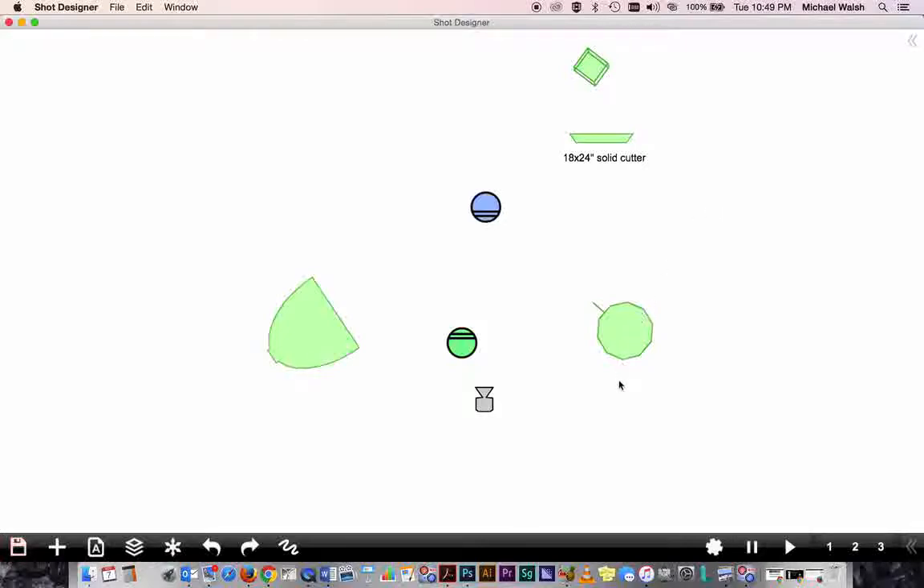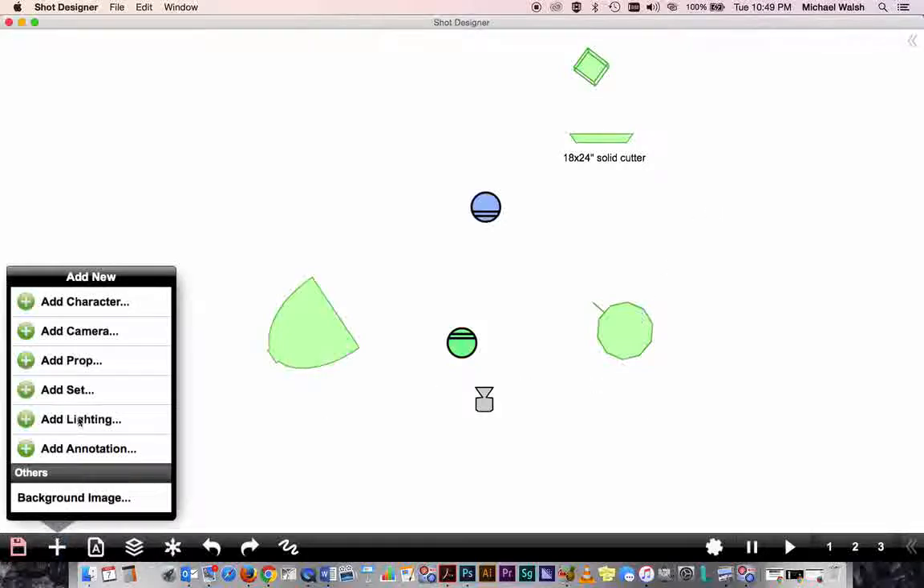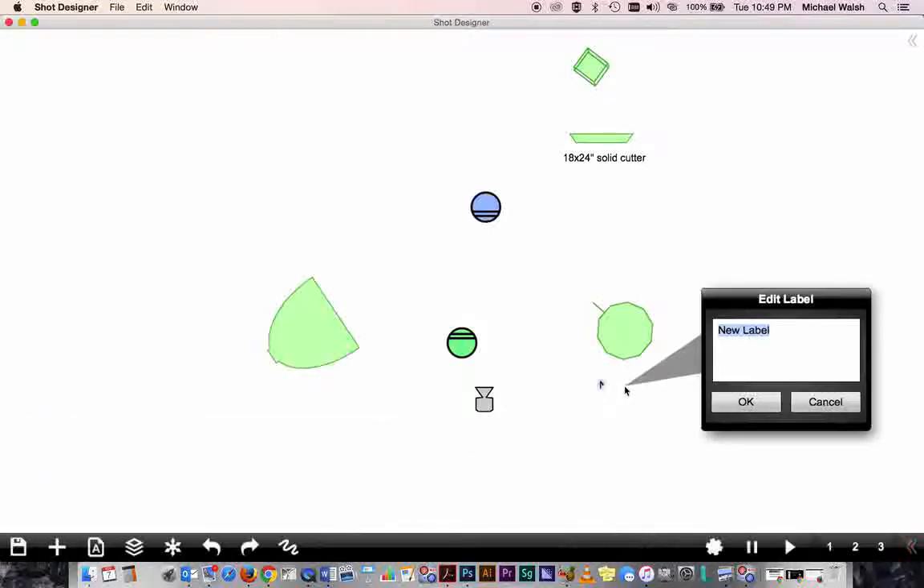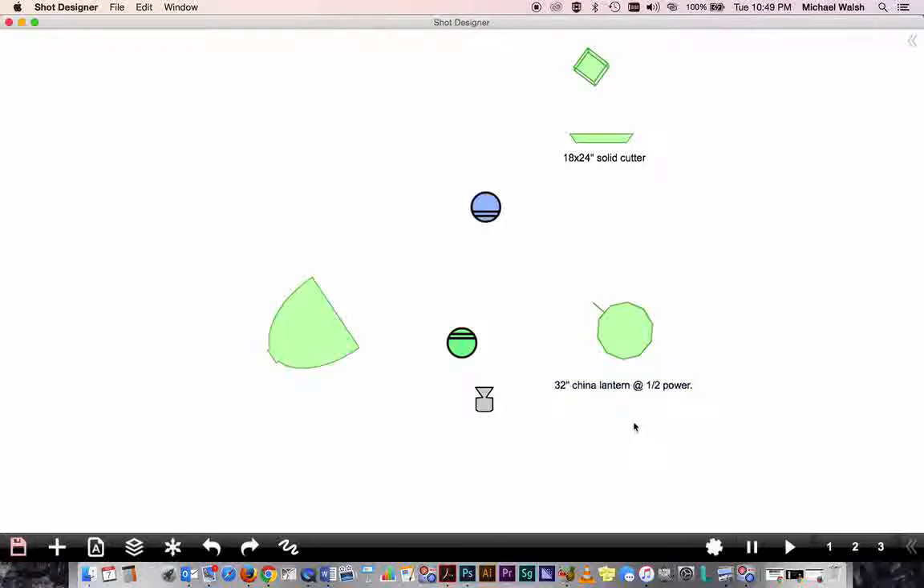Okay, then we can label this over here. We can call this, this is a, what, 32-inch China lantern, at, let's say we have a value for it, at half power. There we go. Now we know that it's a fill light, and we can label this one over here